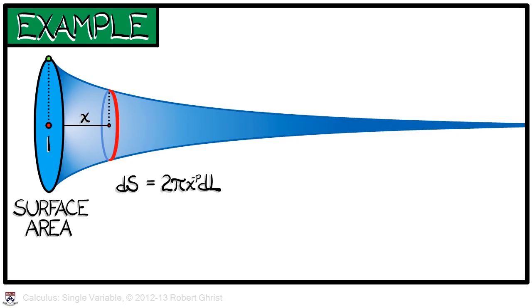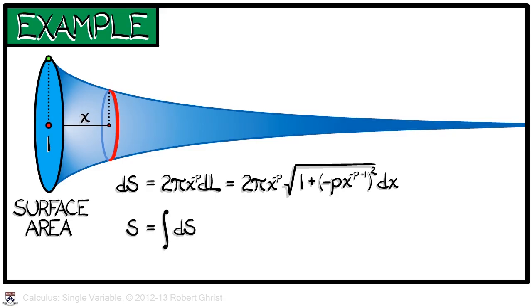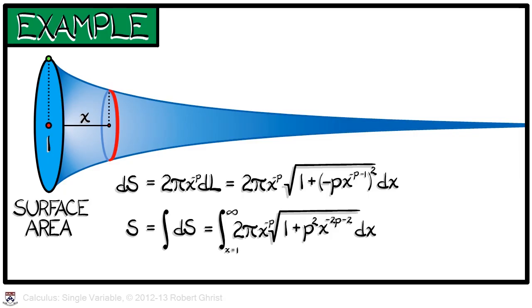The surface area element is 2 pi times the height, x to the minus p, times dl. We can rewrite that dl as square root of 1 plus the derivative, negative p x to the minus p minus 1, quantity squared. Now, what do we get when we integrate that? That looks like an unpleasant integral. It is an unpleasant integral, but we can at least